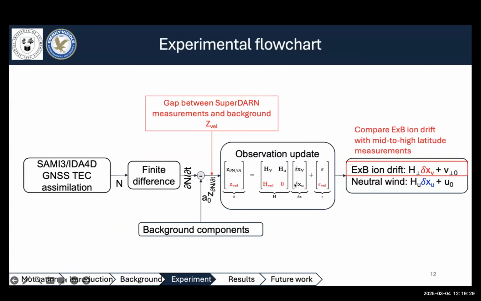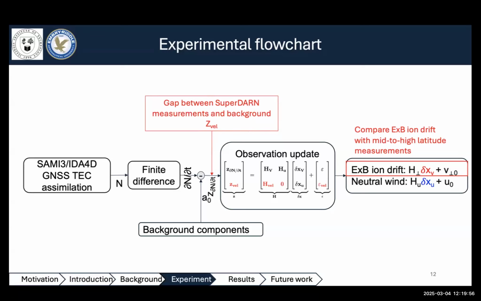The black text indicates the previous or original setup, and the red text indicates the new augmentation that we are currently presenting. So the gap between the SuperDARN measurements and the background information will be fit into the